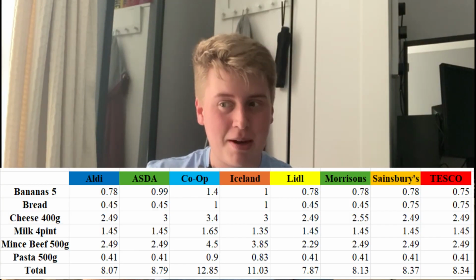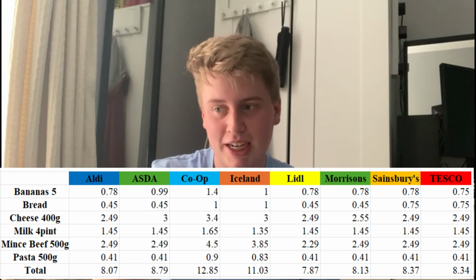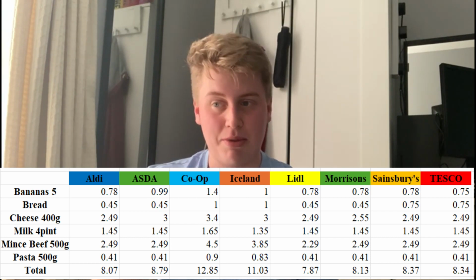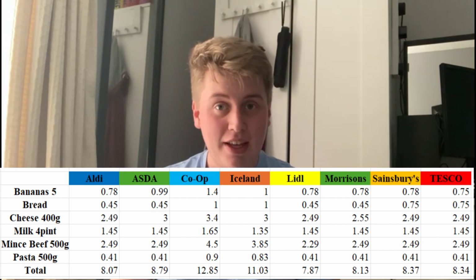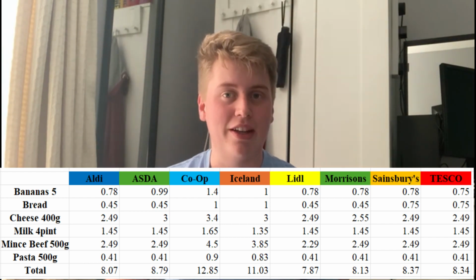But you may have noticed that some numbers kept cropping up over and over again. For example, minced beef being £2.49 and milk being £1.45. This was the case in most supermarkets, not all, but most. And the reason for that is the Aldi and Lidl price match, which is why you may notice, looking at the table,